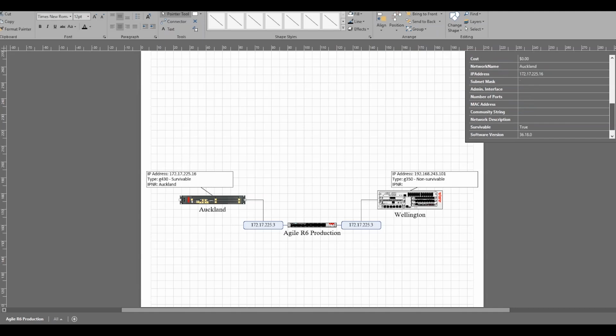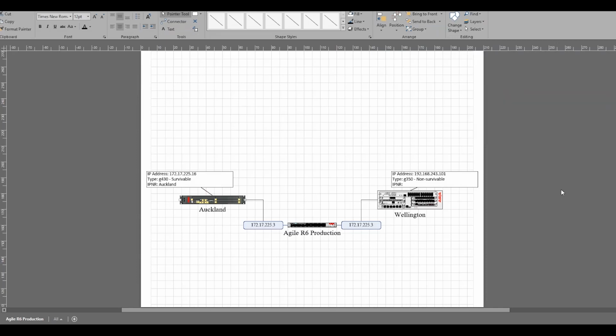You can use this for asset tracking, of course. So we've got some additional fields here that can be used for other things. But we've got things like the software version up there, so I can see that we're running 36.18.0 on that media gateway. So all in all, we think this is pretty useful service management information, and